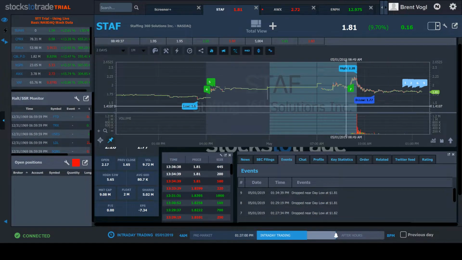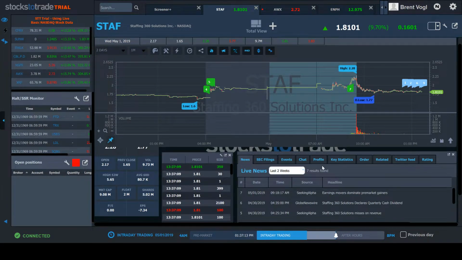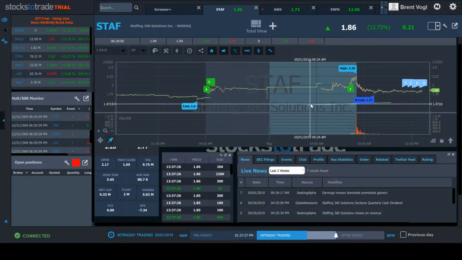Okay. So I already said the charting is great. It's nice to have everything consolidated. You can see float. You can see company info here. SEC filings, your news, all that is integrated into the software. You've got a Halt and SSR monitor, pops up alerts whenever stock is halted. The charting is really intuitive, easy to use,